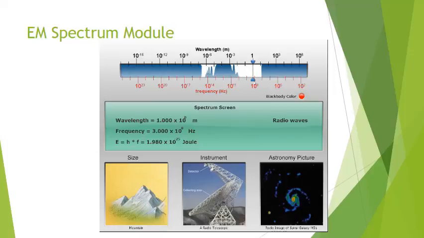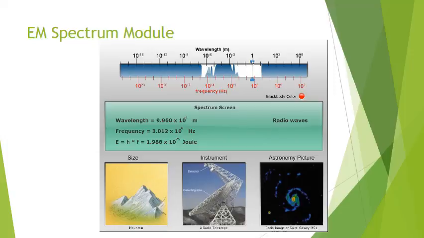So let me now play around with the slider a little bit. Notice also there's a little black body color. If we had a source that was producing this kind of wave, it would look reddish to us. Now let me go ahead and change a couple other things. The size of the wave is really large. What you would collect that wave with would be a radio telescope, in this case. This is a radio wave, because we're on this end of the spectrum. Notice how the wavelengths increase from left to right on this diagram. Frequency then increases from right to left. They're inversely proportional. As the wavelength of a wave goes up, its frequency goes down.